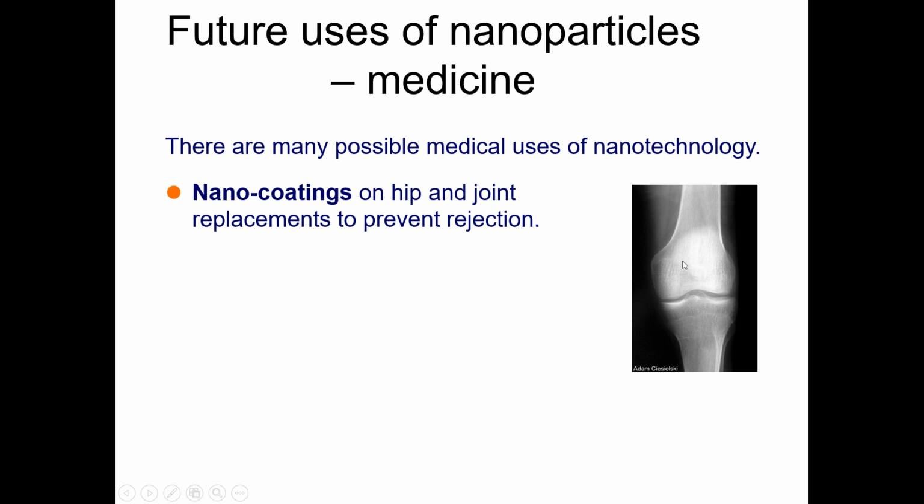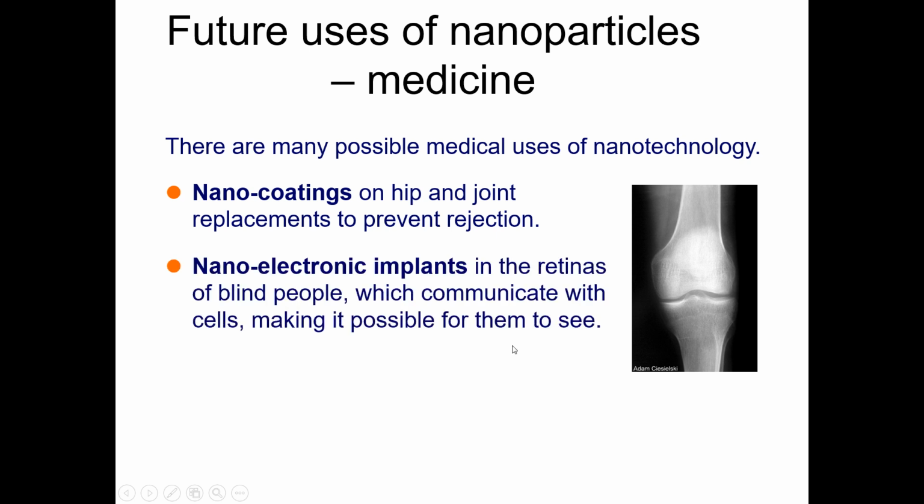If you are a nanoscientist working in the field of medicine, you should know about this: that we can prevent rejection with the help of nano coating on the hip and joint. We can do this kind of coating, and with the help of this we can prevent the rejection in the joint. Similarly, we can have a nanoelectronic implant in the retinas of blind people, which communicates with the cells,